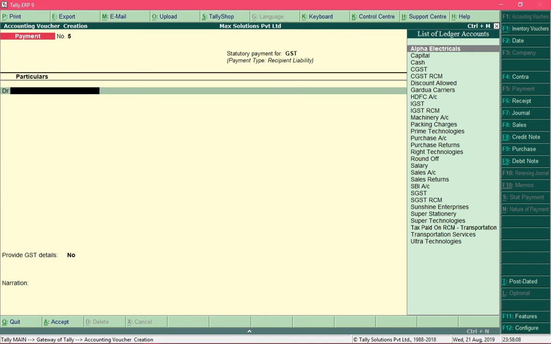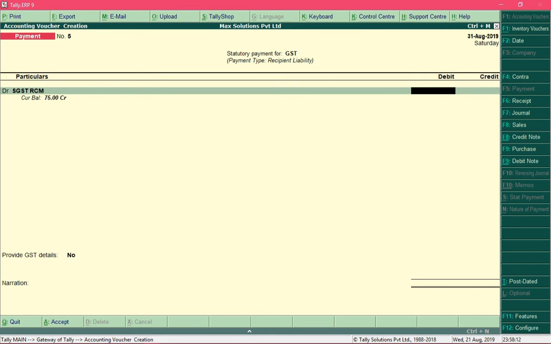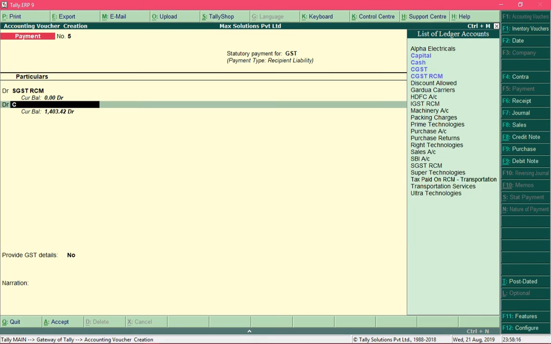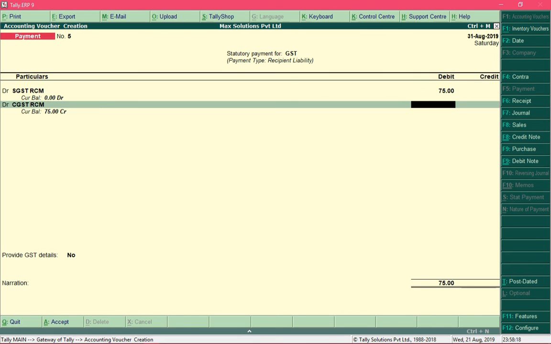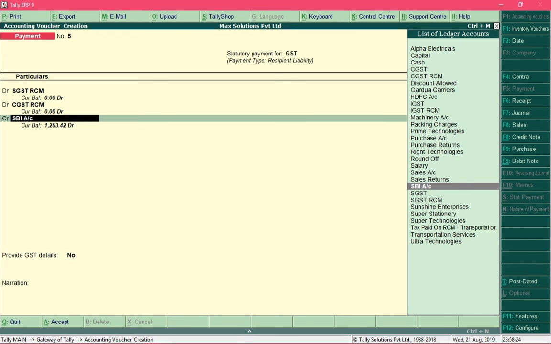And I will debit the SGST ledger for reverse charge mechanism for rupees 75, and I will also debit the CGST ledger for rupees 75 respectively, and I will credit my bank ledger.